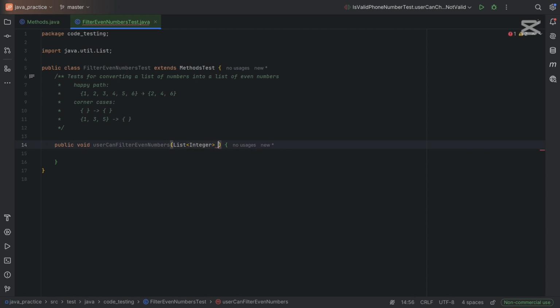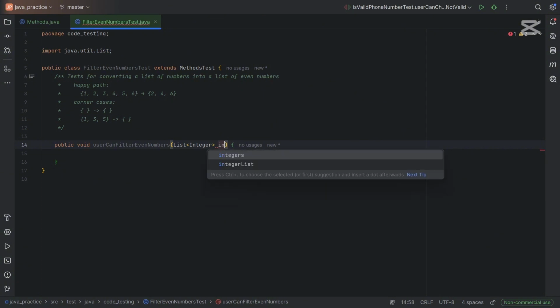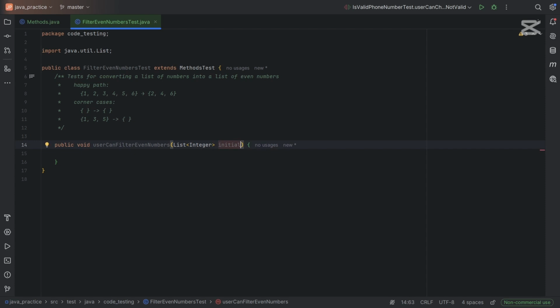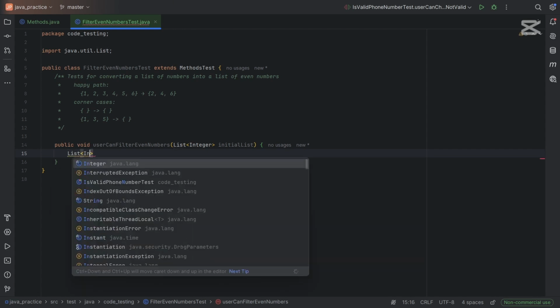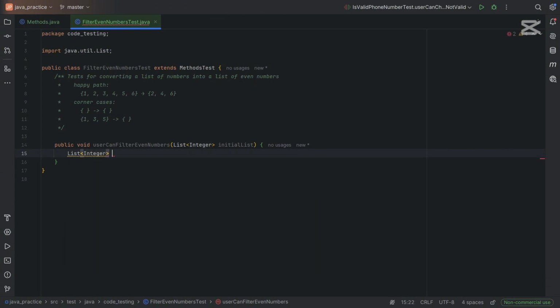So we have a list of integers as our initial input, so initial list, let's say. Alright, and for the actual one we'll also have a list of integers, since we want to obtain